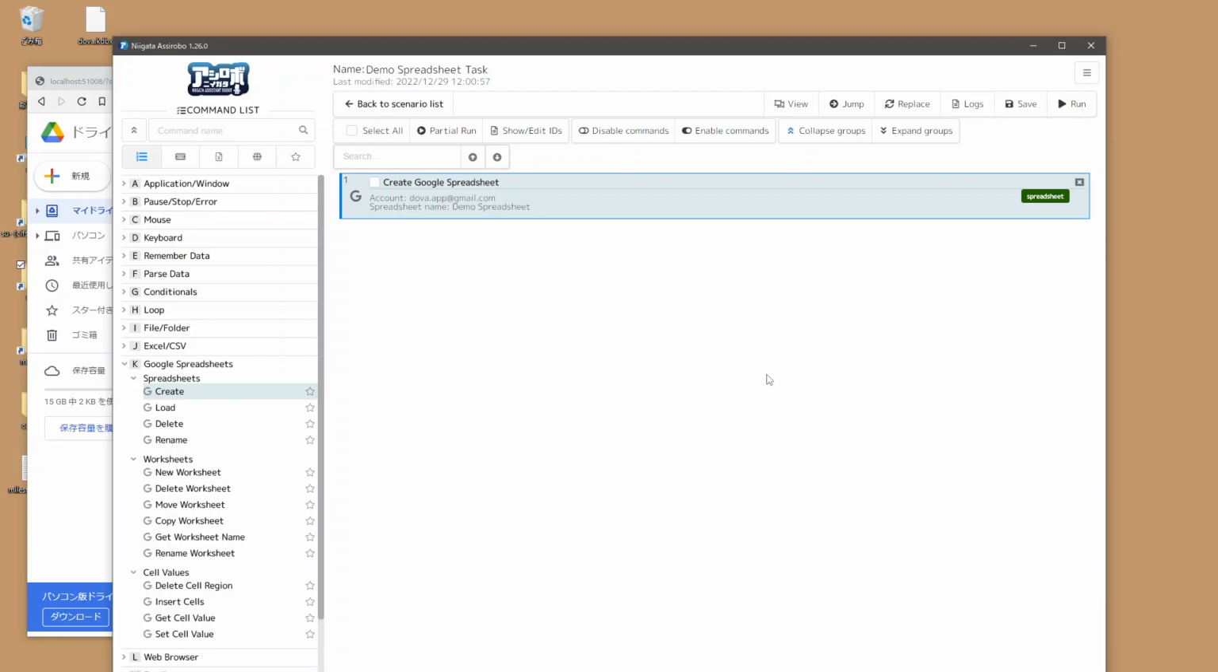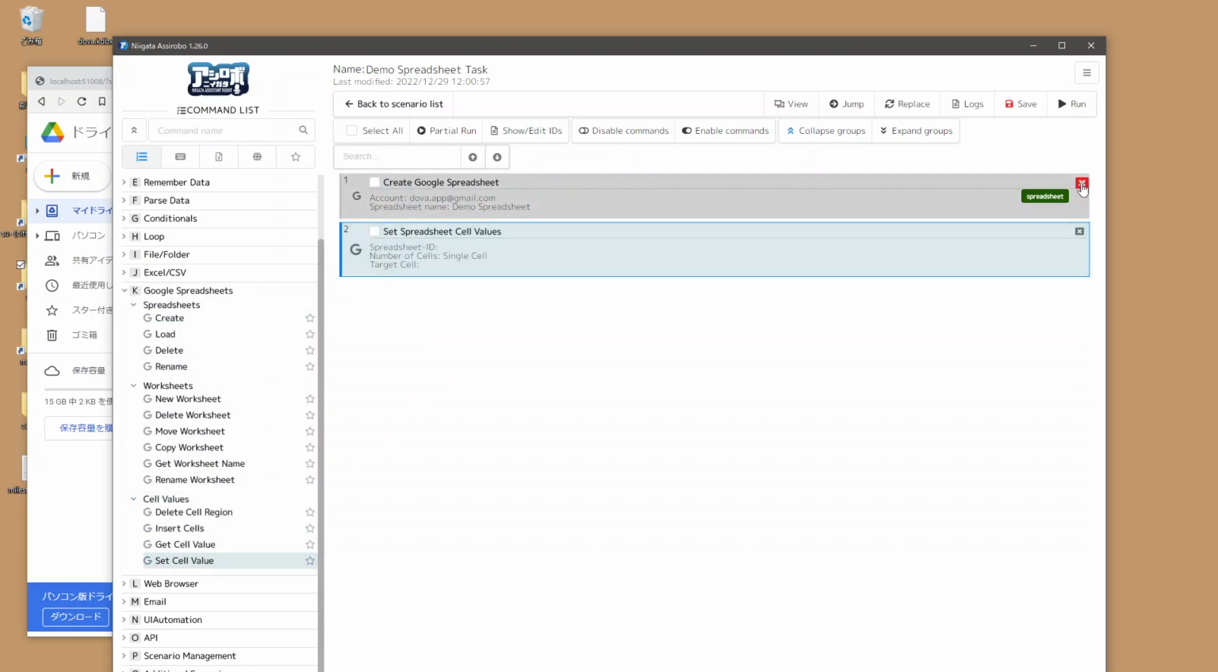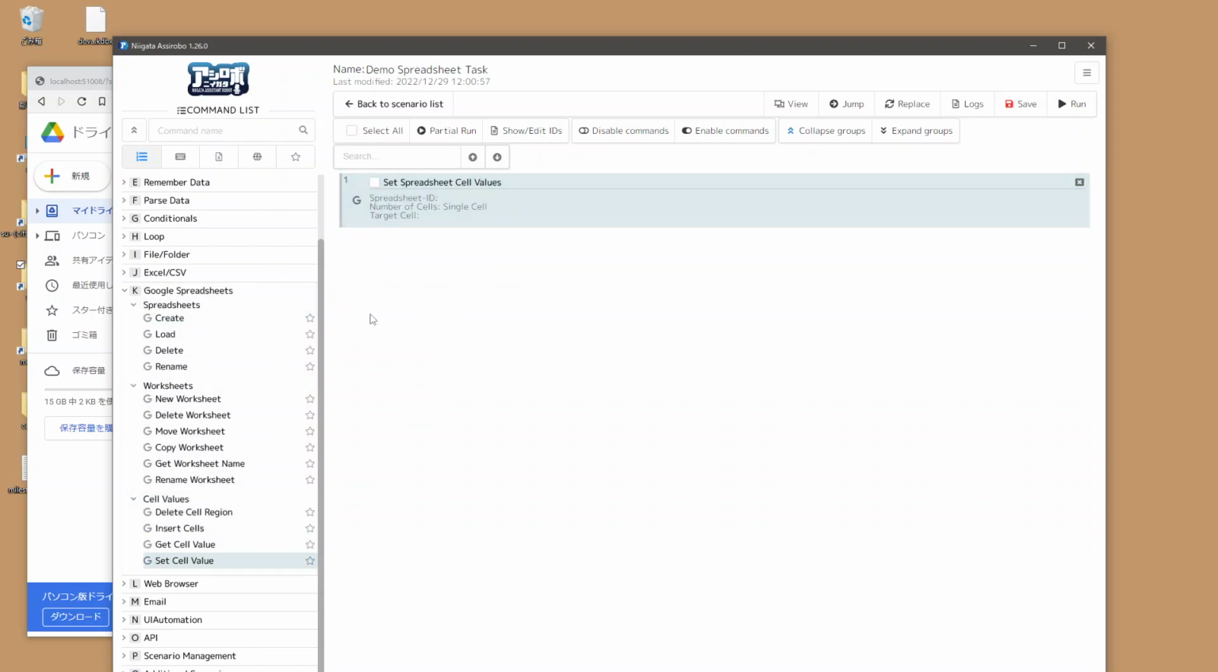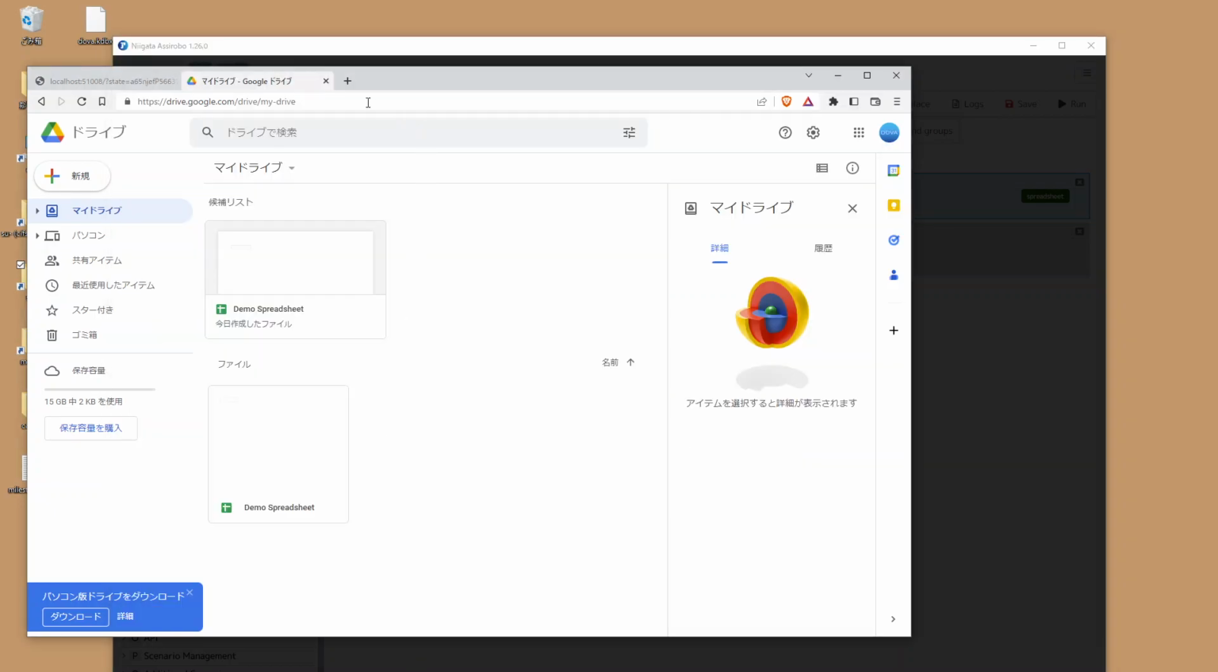Next, we will demonstrate how to edit the spreadsheet by adding a value to a cell. And in order to do that, the user would use this setCellValue command. But first, we have to specify which spreadsheet to set the cell value in. To do that, the user would use this load Google Spreadsheet command and specify which account they want to use and which spreadsheet within this account they want to insert a cell